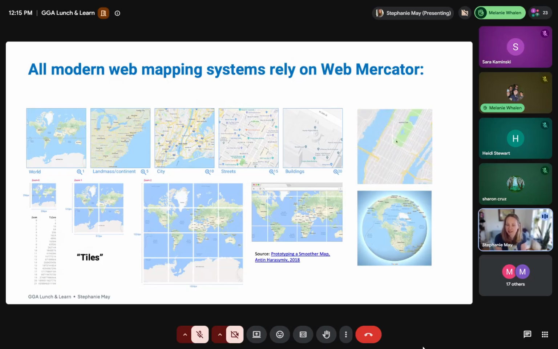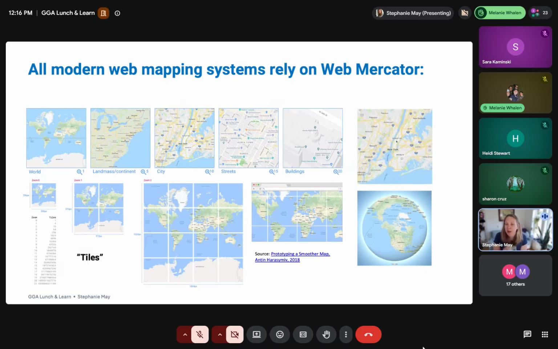Because Mercator is a conformal projection, what Google was doing was making these squares, and these squares can be broken down into uniform tiles. Because of the way the projection works, you can picture that diagram from when you were in school of the piece of paper wrapped around the light bulb. The projection works by making every point viewed at right angles.